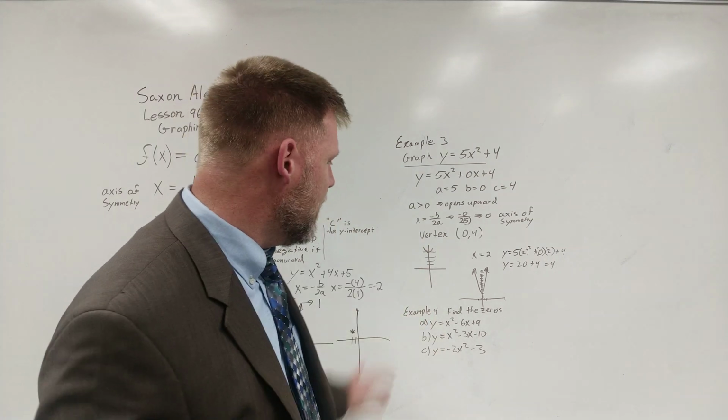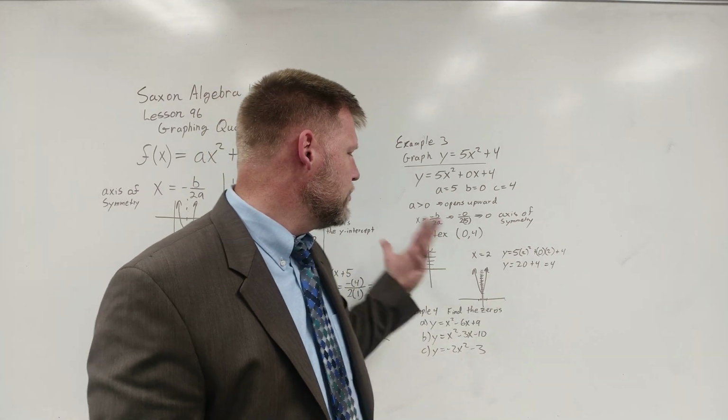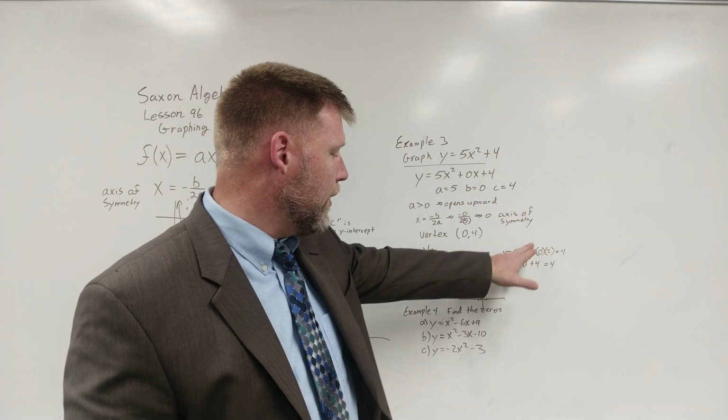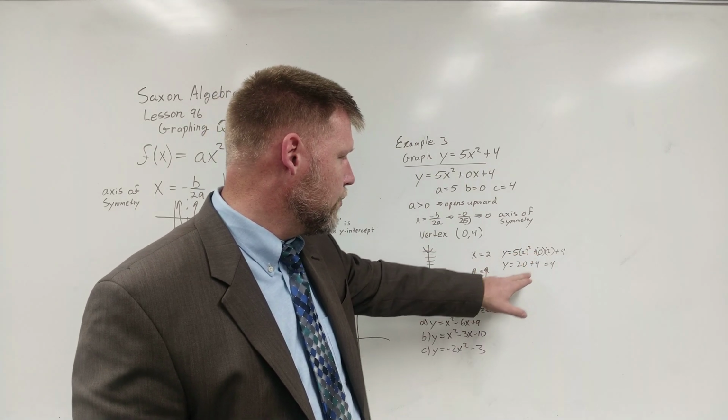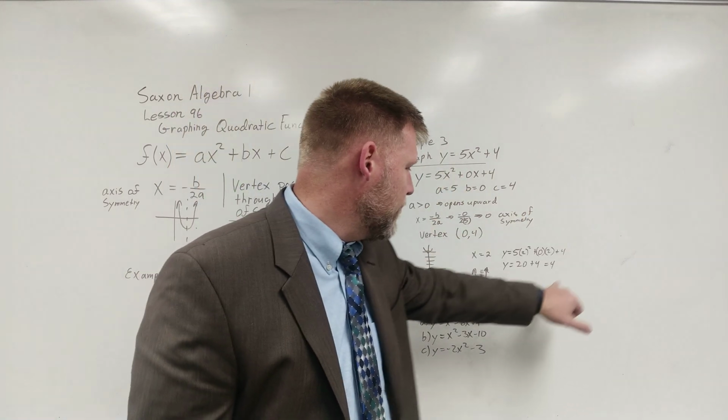I know it's at 0, 4. That's a vertex. I know it opens upward. So I need to plug in another point. If I chose 2, 2 is a nice number. I like to stay positive, if I can. And I put 2 squared, which is 4, times 5, which is 20. 2 times 0, remember I put my 0 term in there, it's still 0, plus 4,